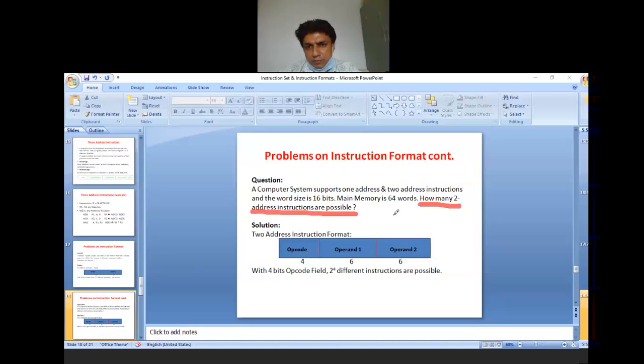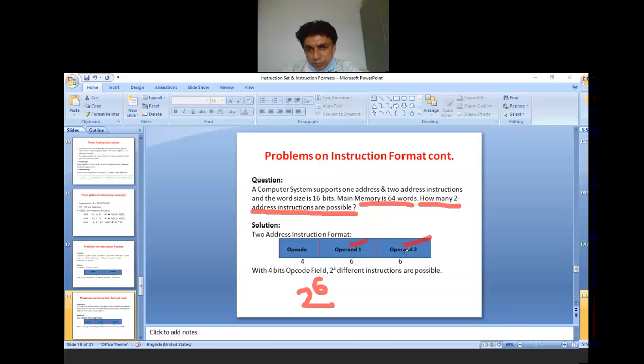In the previous question, we showed it in the one address instruction format, but here we need to show it in the two address instruction format. We already know we can have two operands in the two address instruction format. As the main memory consists of 64 words, it needs 2 to the power 6.